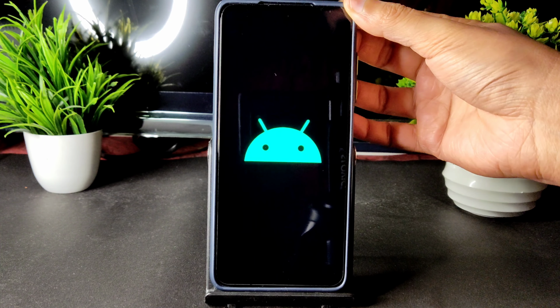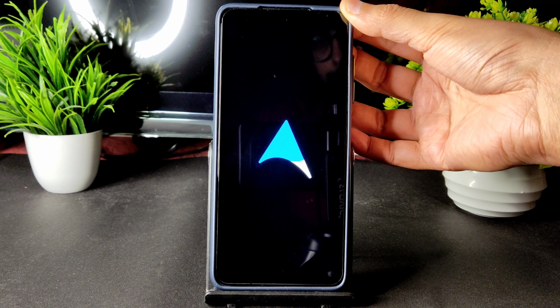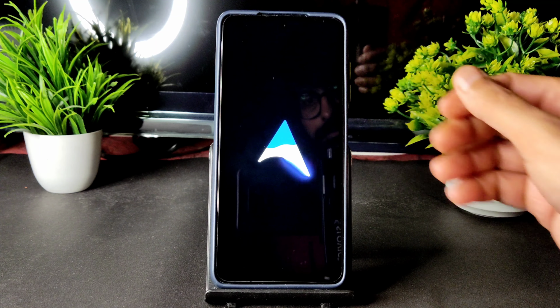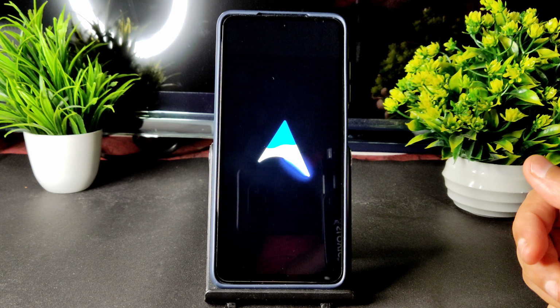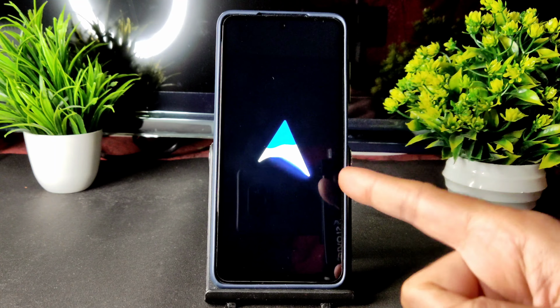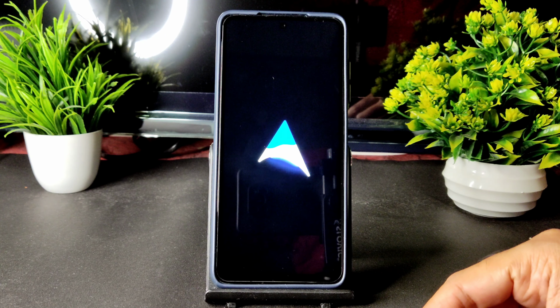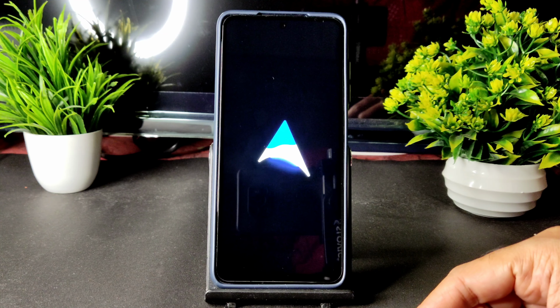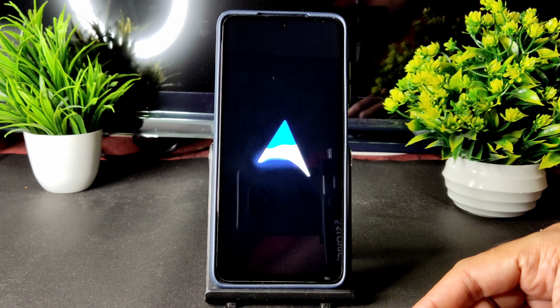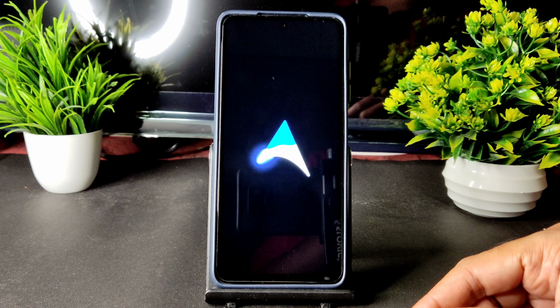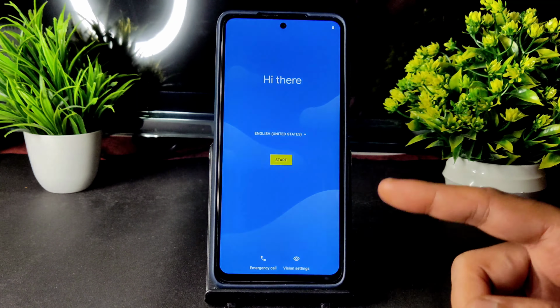As you can see, it booted into Arrow OS. Don't make those mistakes. It can happen, but use the latest recovery and proper files, and read the instructions before flashing any ROM. I was also making many mistakes in my Note 7 Pro flashing guides at the beginning, but you will get the hang of it once you read the instructions properly. And as you can see, it booted into Arrow OS.